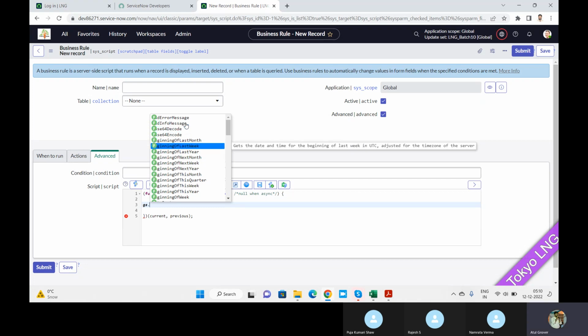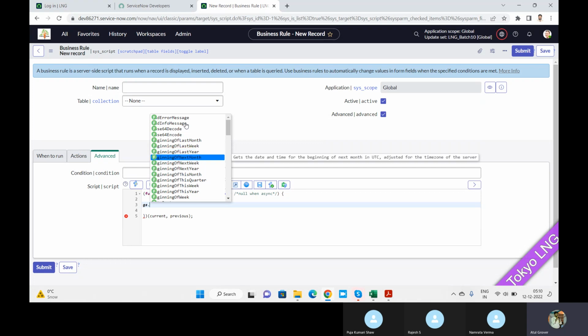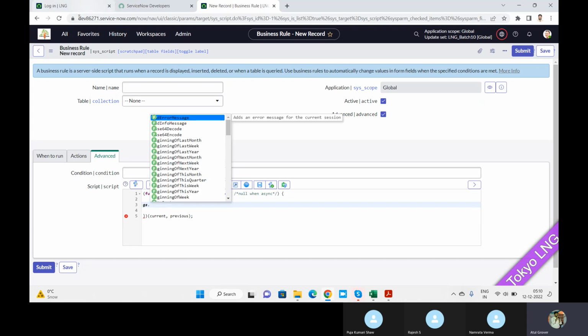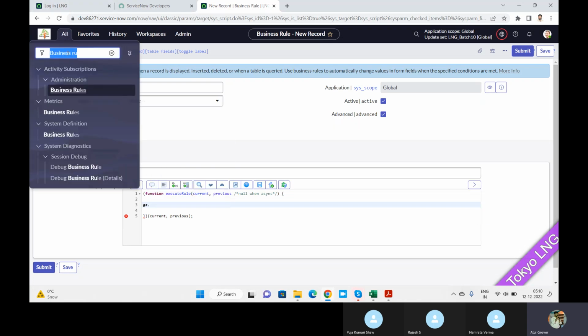Also things like last year, beginning of last year, beginning of next month. How do you bring that? By using GS as the keyword here, GS dot. Now, if you want to try the same thing on, let's say, a client script,